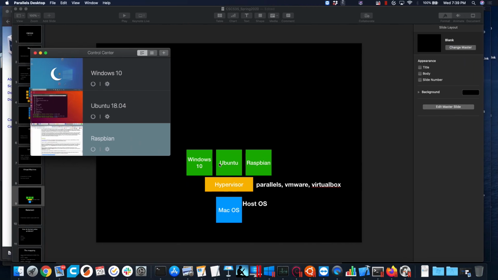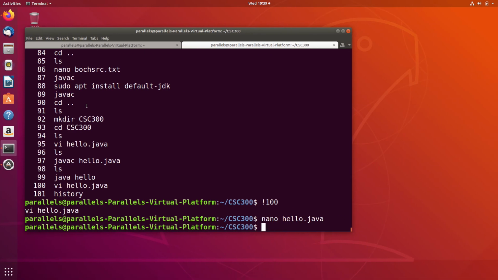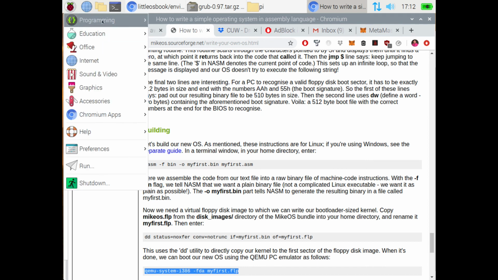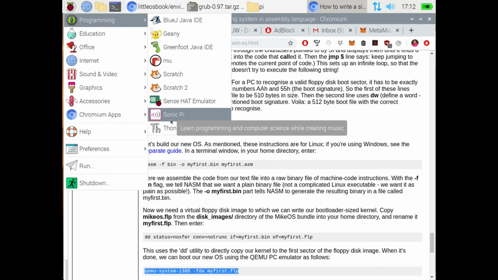Yeah, so now I have Raspbian and Ubuntu running. There's Ubuntu, there's Raspbian. Notice Raspbian's on a smaller screen because it's designed for the Raspberry Pi. It has lower system requirements. This is why I recommend it in here. Also, Raspbian already has the Python tools and stuff like that in here that we're going to be using.